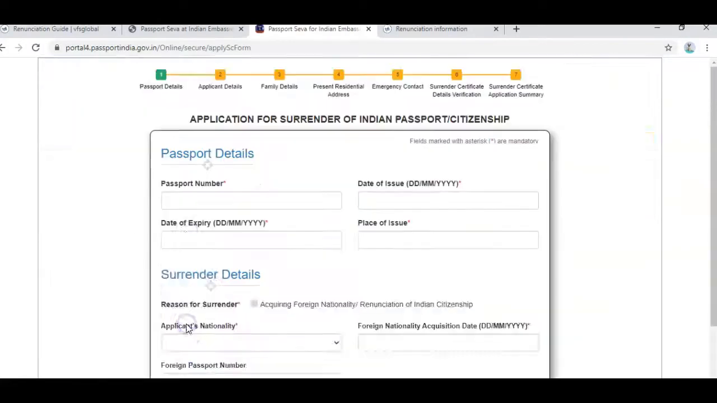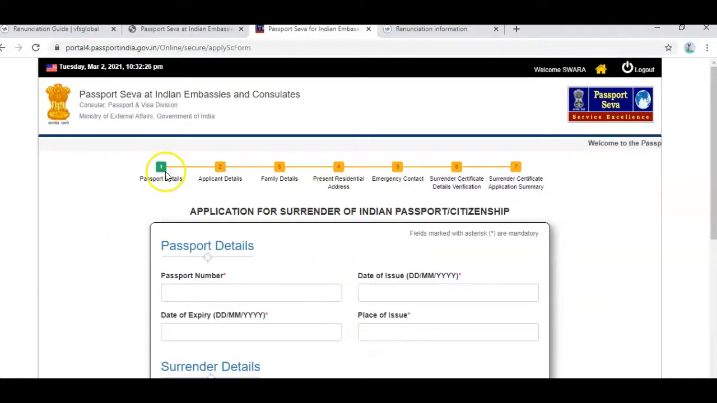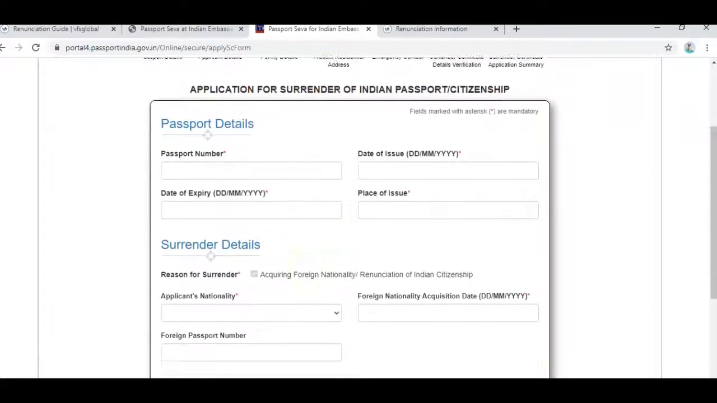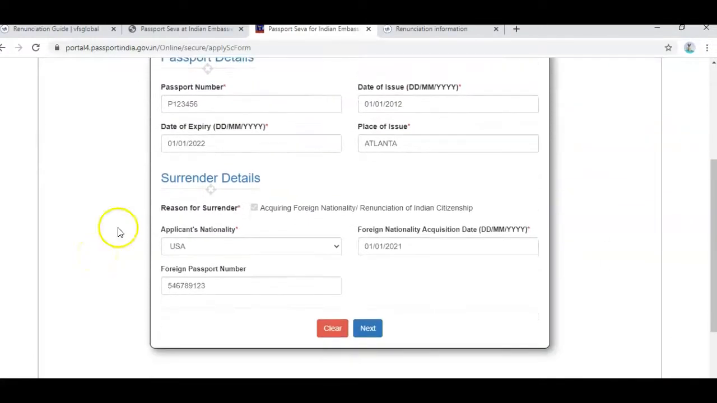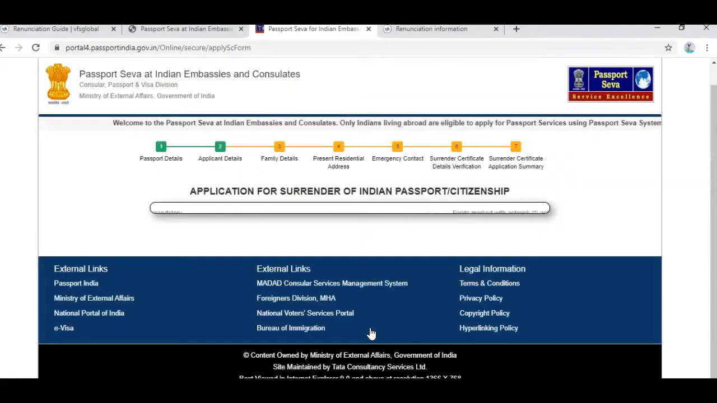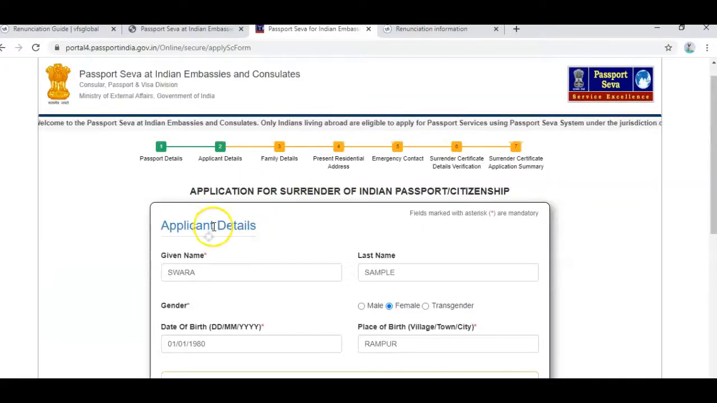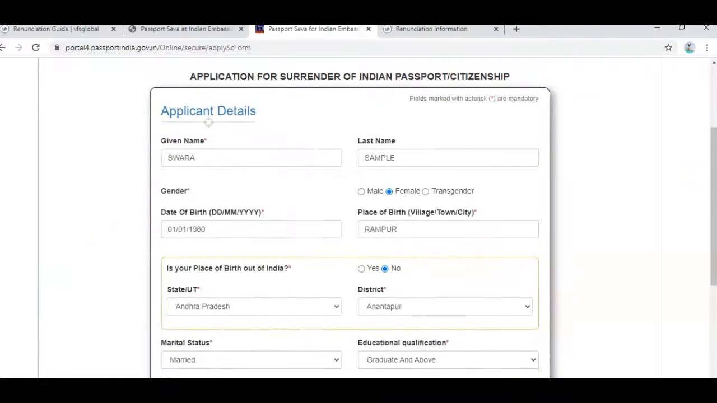Apply for surrender of Indian passport, and here we can see 7 steps: passport detail, applicant detail, family detail, address, emergency contact, and certificate. So passport details, as in your Indian passport. Surrender details, nationality acquired, acquisition date, and foreign passport number. Acquisition date is the naturalization date. Applicant details,